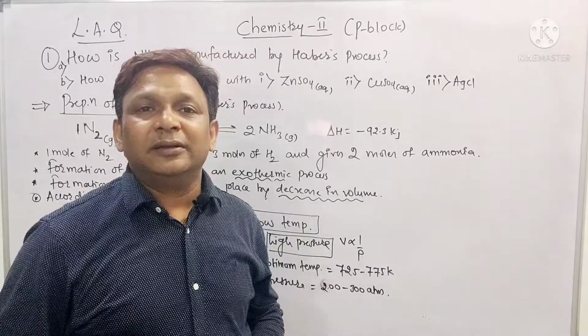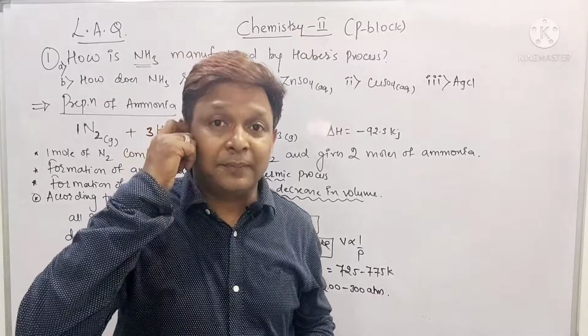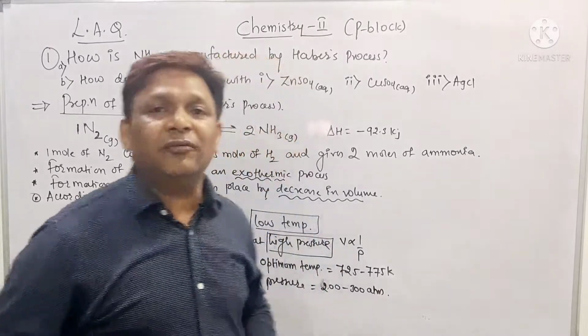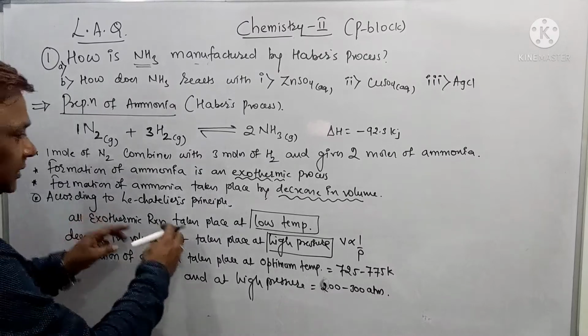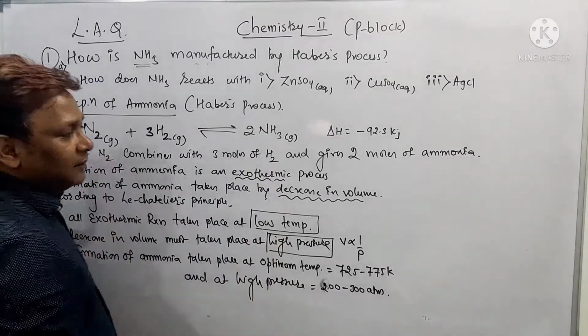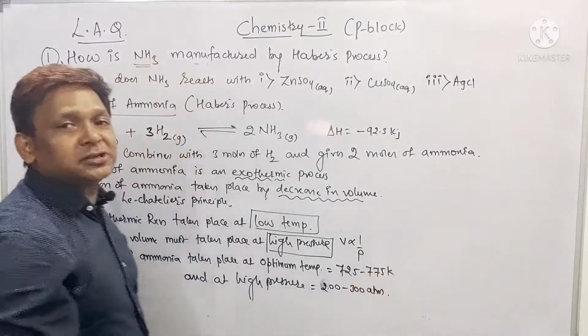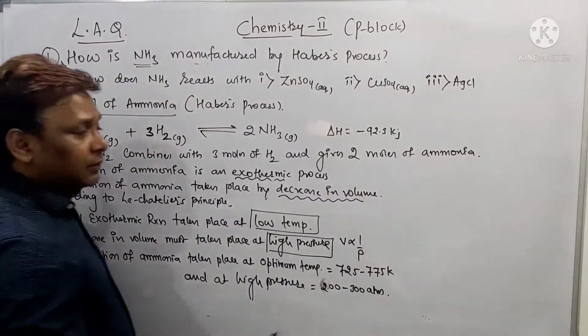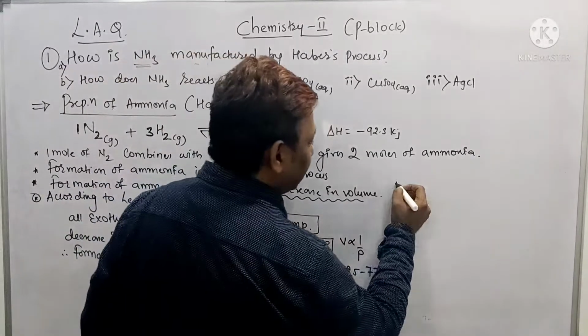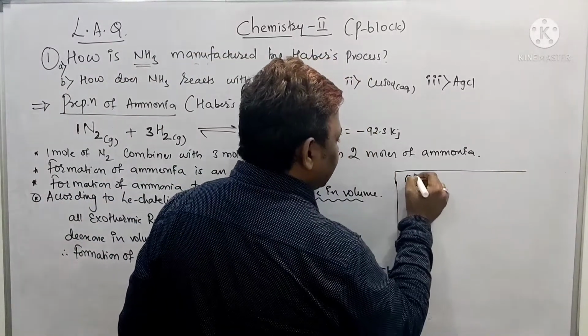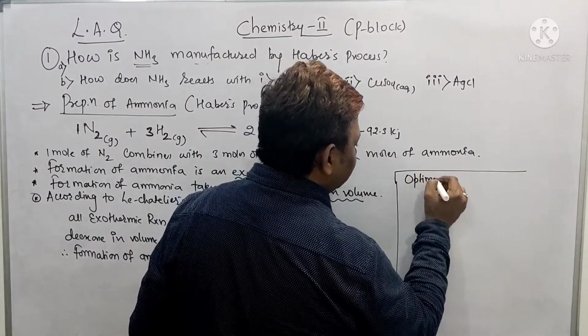But one more thing, you should add the catalyst, that is iron powder, as a catalyst to increase the rate of reaction. Right, beta? So I am going to write here the temperature, pressure and even the catalyst. Is it clear? By seeing all these, after writing all, beta, you have to make one box here. In the box you have to mention that these are the optimum conditions. Place is not here, but I am going to write on this part. Here we have to write the optimum conditions.